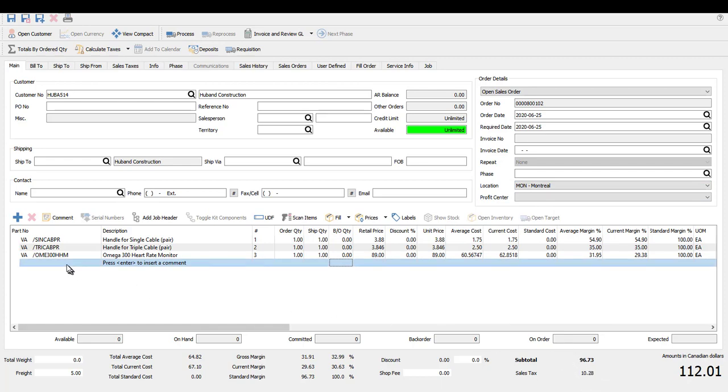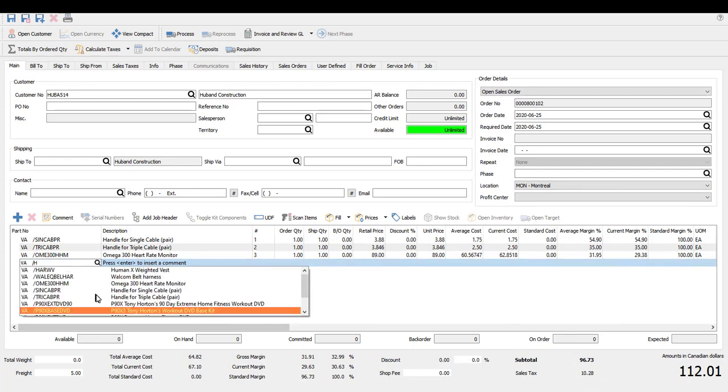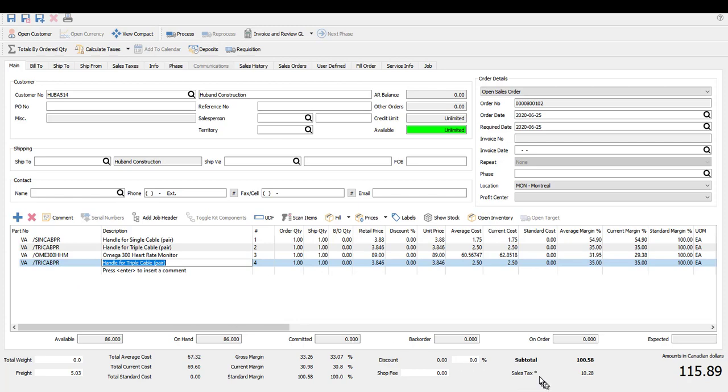If I add another item to the order now, like that, you'll see the asterisk comes back and it's not yet calculated. But you won't make a mistake and forget to calculate, because as soon as you hit the print button or the save button, it will automatically calculate it before it actually prints. Okay, so I'll calculate the tax again, and then